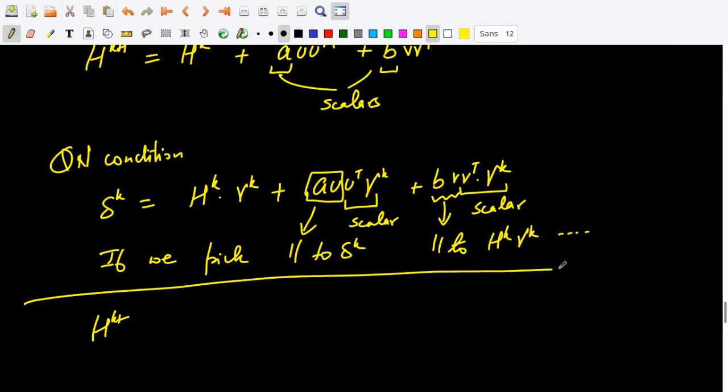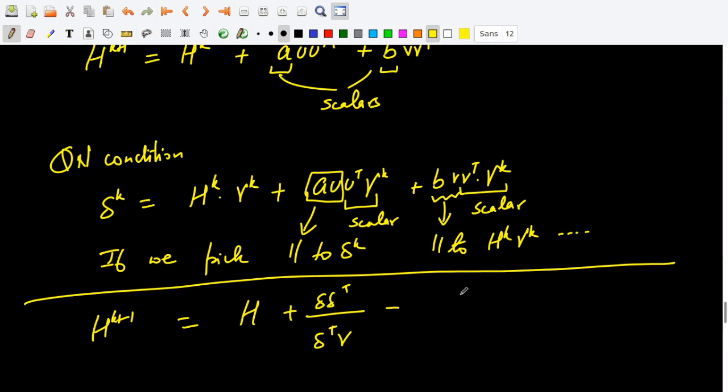Trying to show that H_{k+1} is what we are trying to get. You can try to do it as part of your assignment to prove that the formula that we are writing is correct. So H_k plus delta delta transpose upon delta transpose gamma